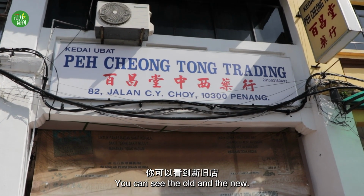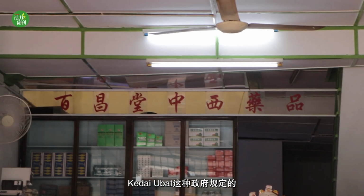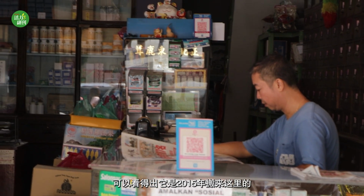So you can see the old and the new. This one is made by computer. 右读到左就有那种隔代500这种政府规定，可以看得出来是2015年搬来这里的。